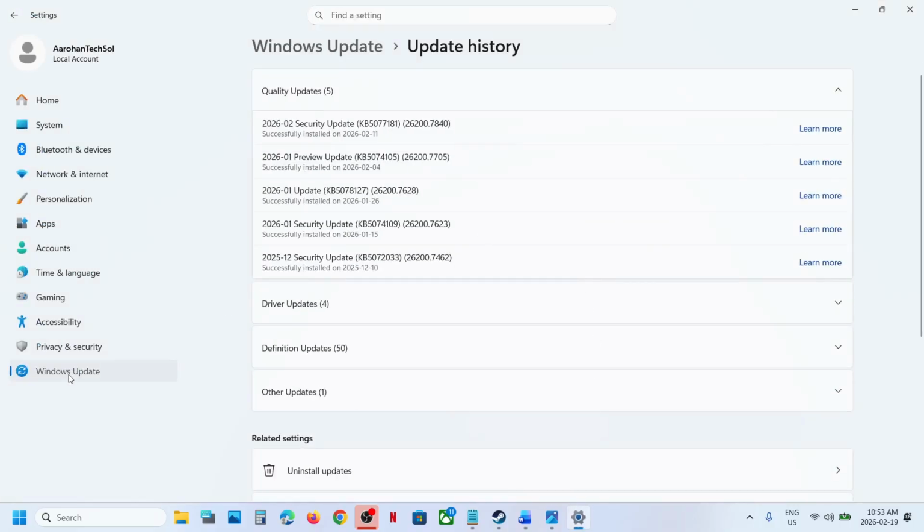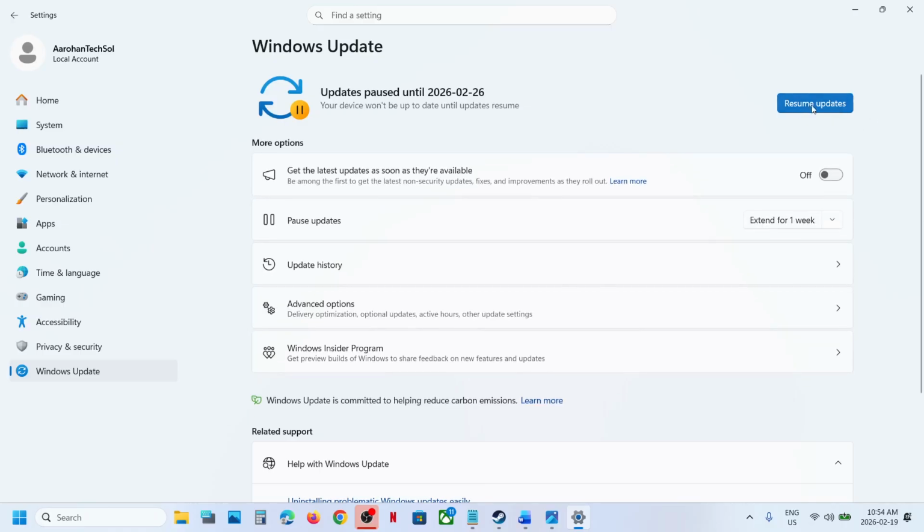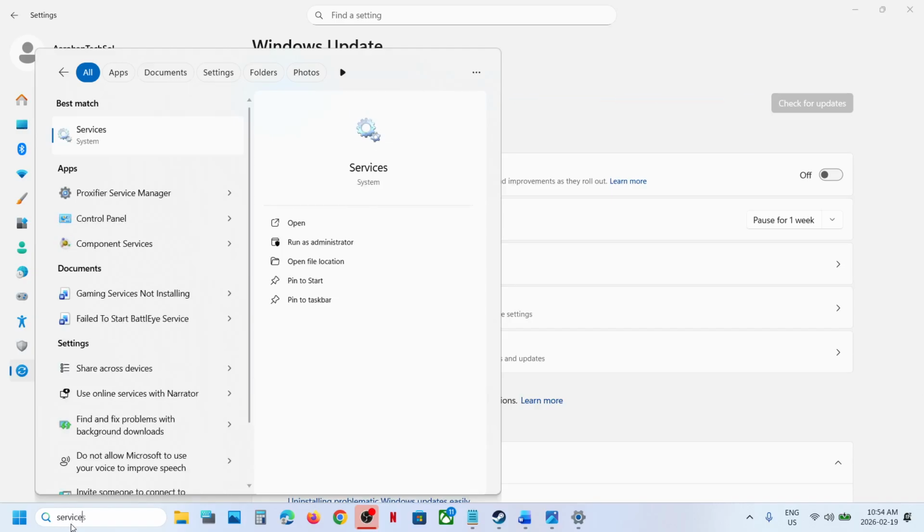To fix it, go to Windows Update in Windows Settings. Now over here you can see pause option, so you can hit pause over here, and this may take some time. And once the update is paused, you will see resume updates option at the top, so click on resume updates and then you can check. Still not working, type in services in Windows search box, click on services,